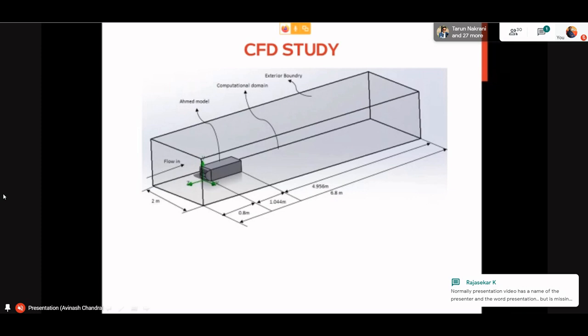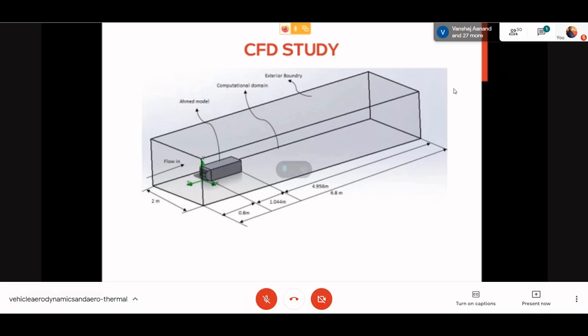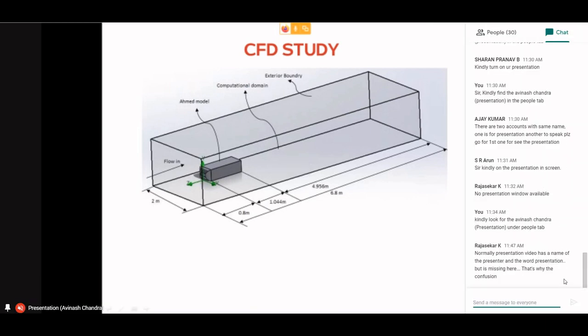Now if you see here, this is flow in. Okay, so this is the front part of the body, and this is the back. This is a very simple body. This is not a real automobile. I have taken